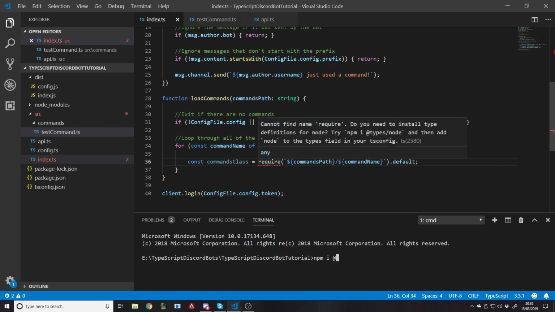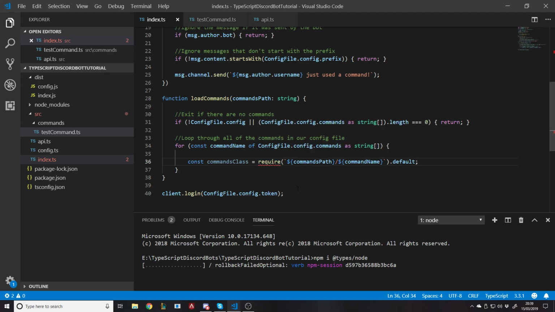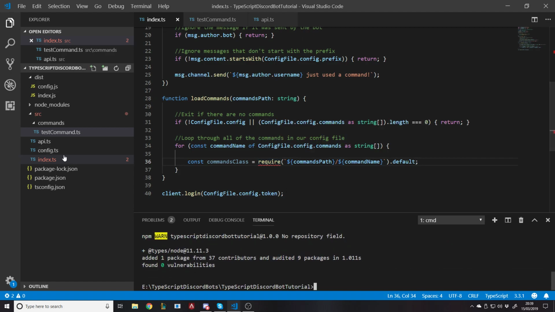npm i @types/node. And that's going to import the default stuff. And then for it to actually work, I mean, it might say it's going to work, but just to be certain,